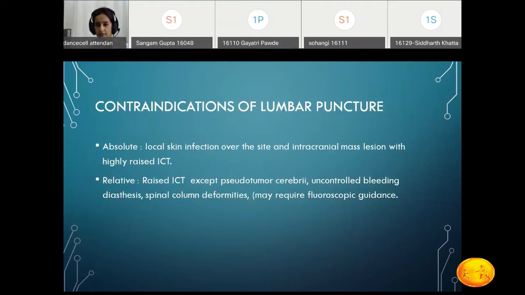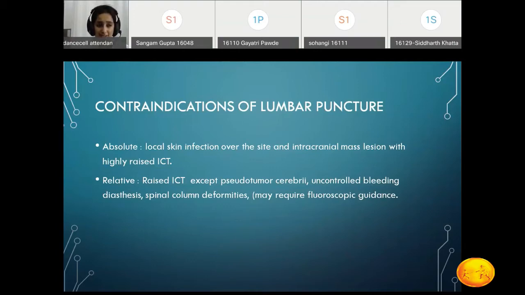Contraindications of lumbar puncture. The absolute contraindication of lumbar puncture, as we all know, is local skin infection, which can lead to introduction of surface bacteria into the CNS. So there should not be any local skin infection. There should not be any intracranial mass lesion, which causes highly raised ICT, because if we drain CSF at that